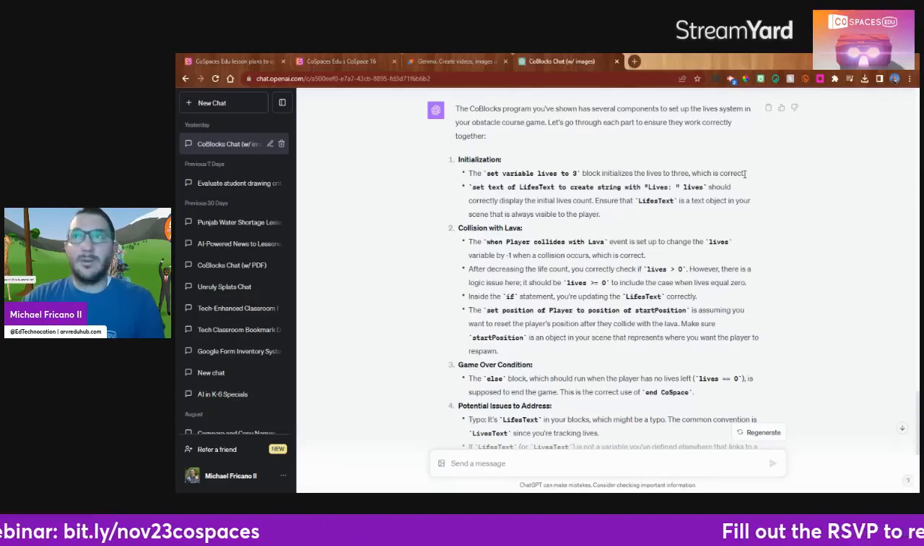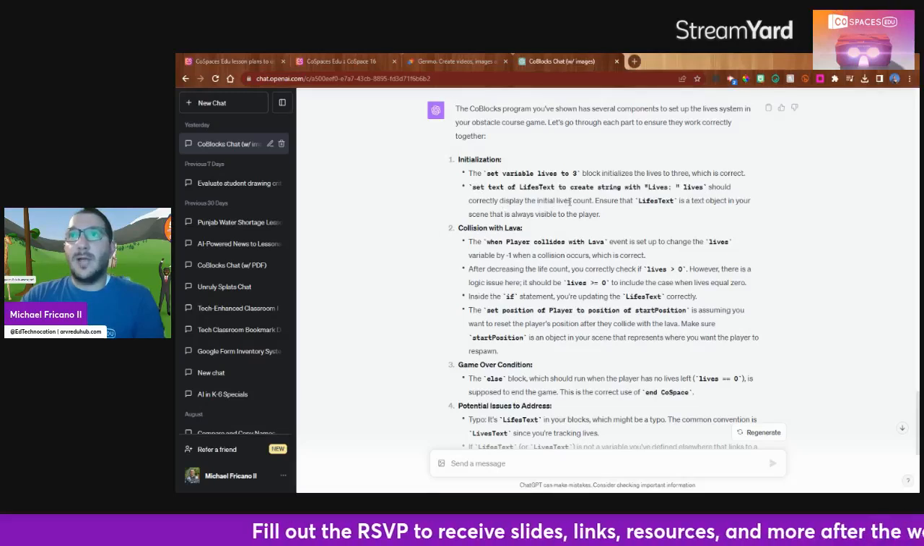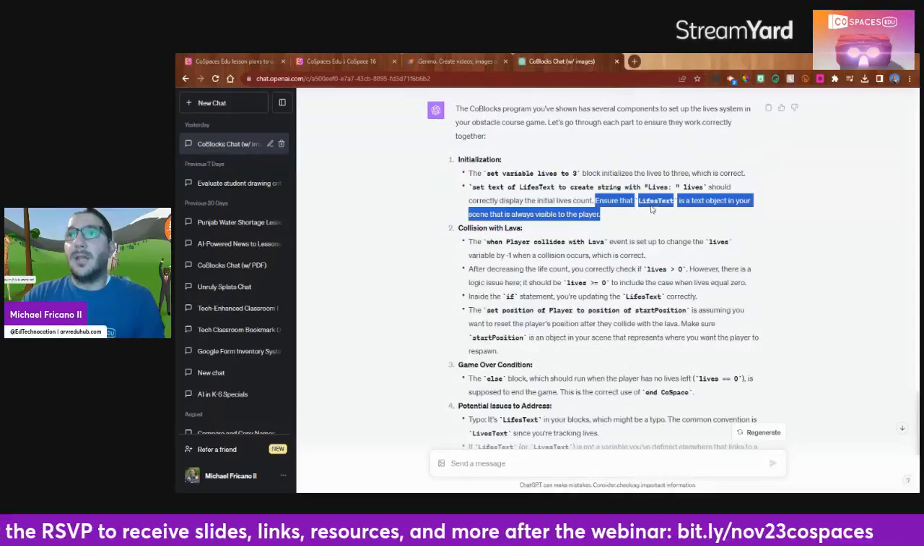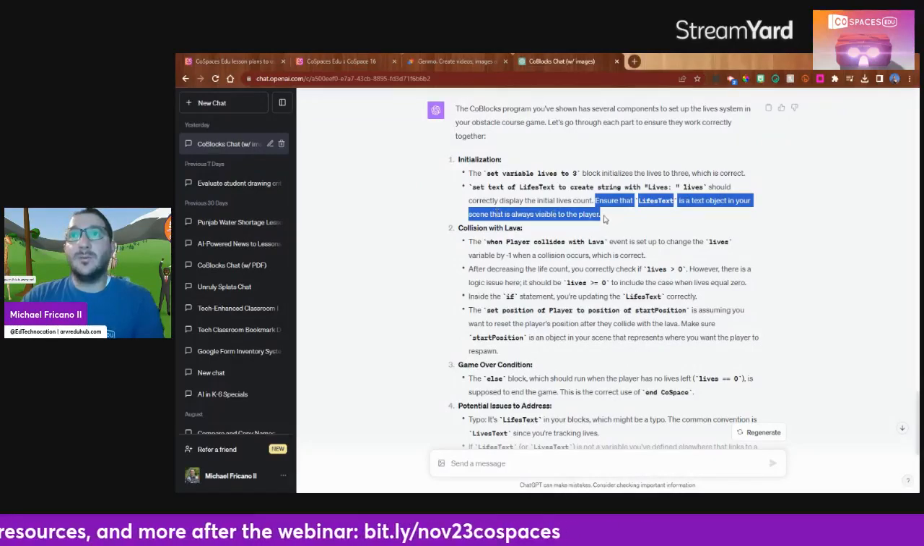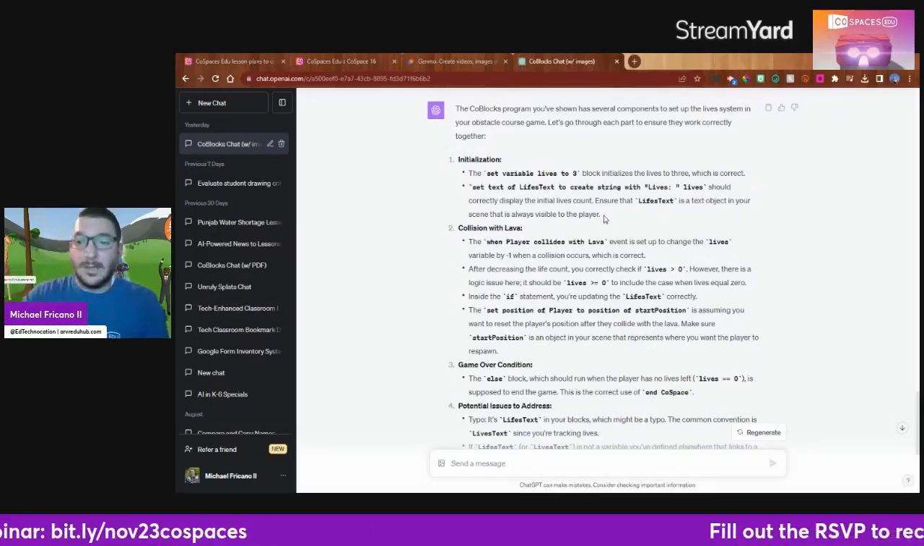It's giving the player 3 lives. And then the next block should correctly display the initial lives count. And it's giving me a suggestion here: Ensure that the lives text is a text object in your scene that is always visible to the player. So a great suggestion that sometimes you might forget in building